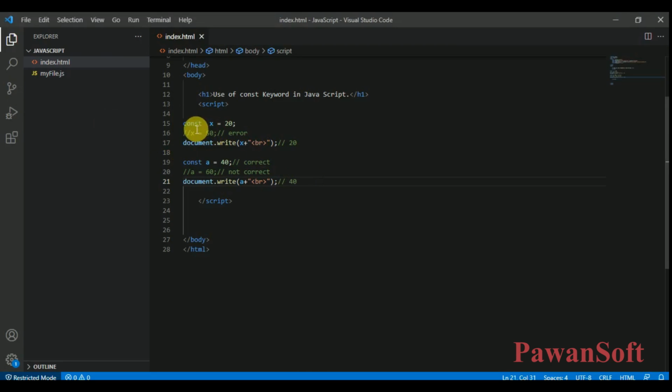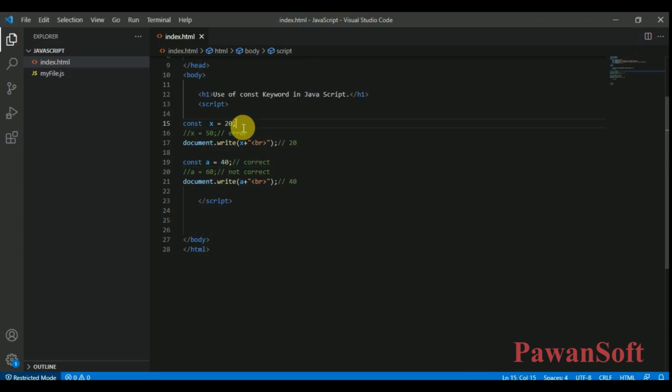And constant is basically not a constant. In const x = 20, x is the reference variable, 20 is the value and const is the keyword. I am storing 20 in the reference variable x, and this 40 value I am assigning in the reference variable a, right?